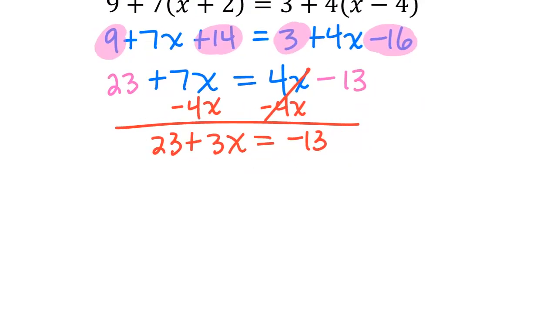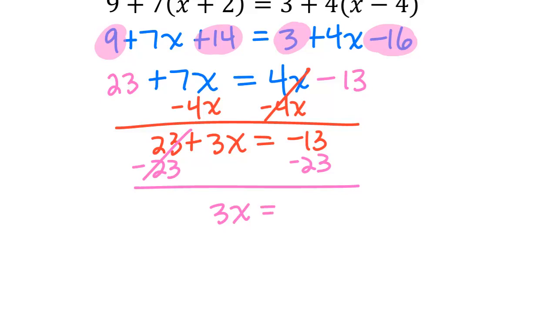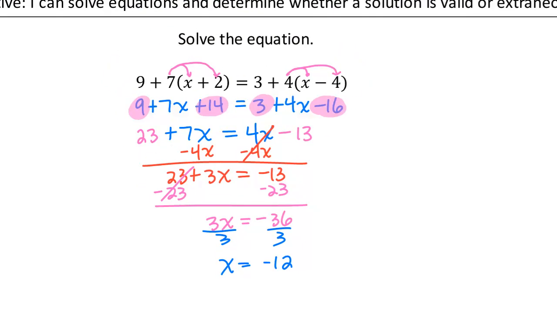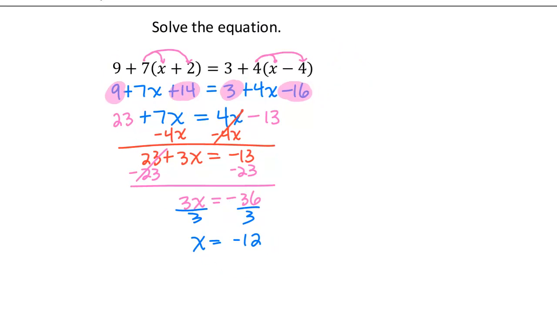And then what do I do next? Minus 23 on each side. We get 3x equals, that's a negative 36. We divide by 3. Gives us negative 12. Now to check if it's valid or not, you don't really even have to check it